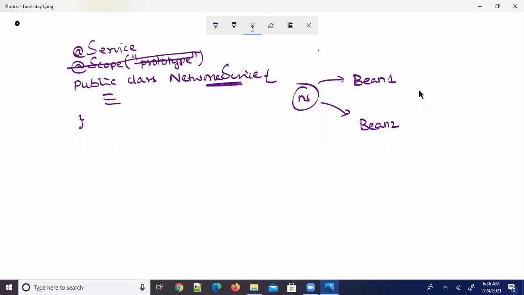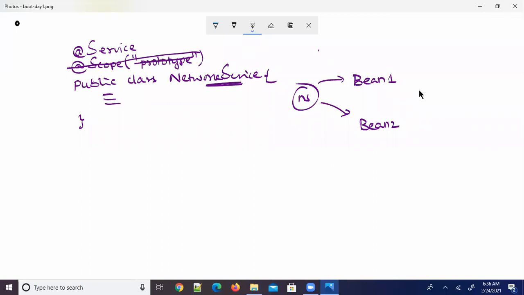As you know, in Spring, the container provides a facility called dependency injection. So what's happening in dependency injection? The container will inject the required dependencies of a bean. Now I want to ask a question.